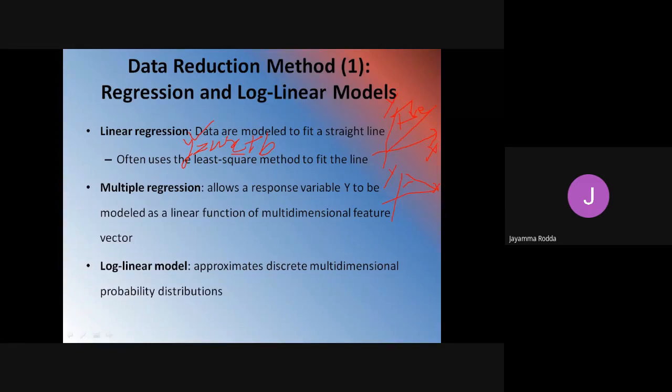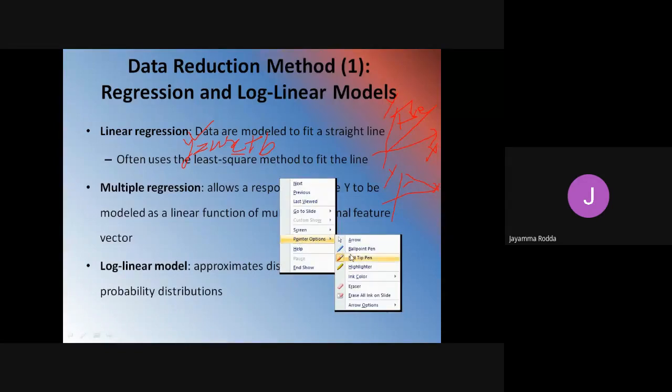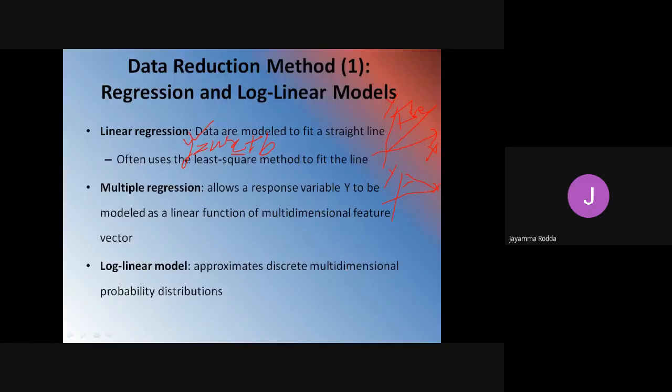Anyway, this is linear regression. One value is dependent on the other value. Y value is dependent on the X value. For example, if you are going to buy a used car, how are you going to verify whether that particular car can be used by you or not? You have to follow some metrics.